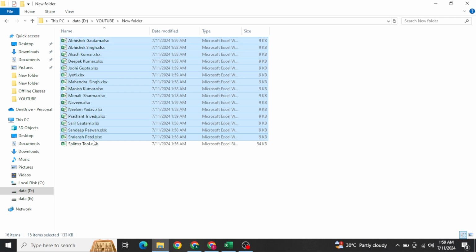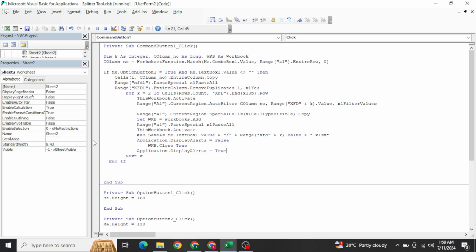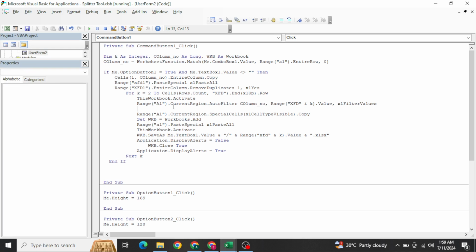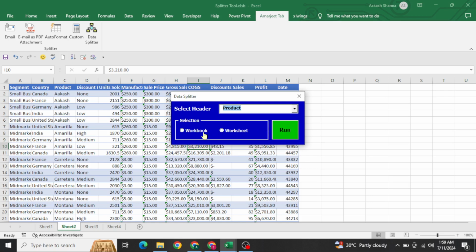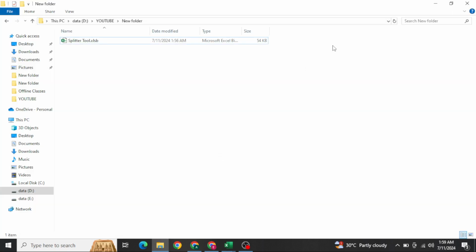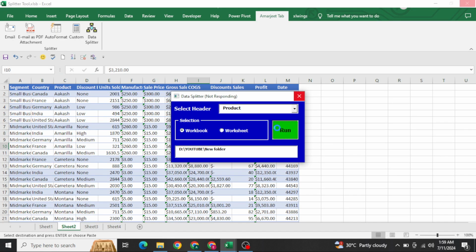It is working, right? So now if I select the same macro and run it here, you will see I want the data on the basis of product now, in different workbooks, and in this particular folder. Paste it here and run it. You will be able to see your output in just a few seconds. It hardly will take less than 1 minute. So you can just look at the task which is going on.